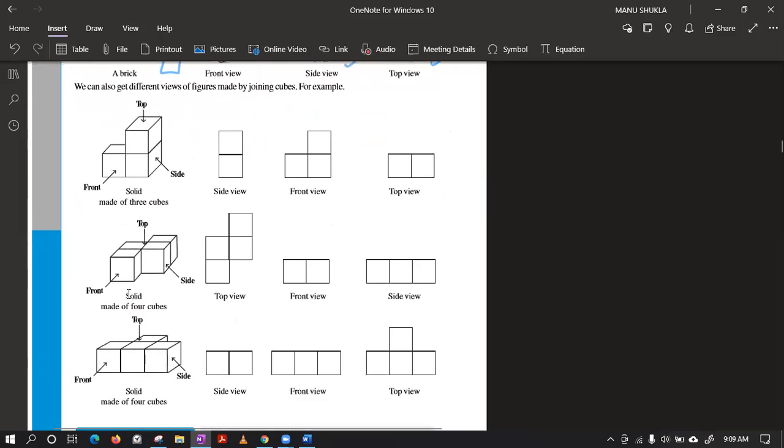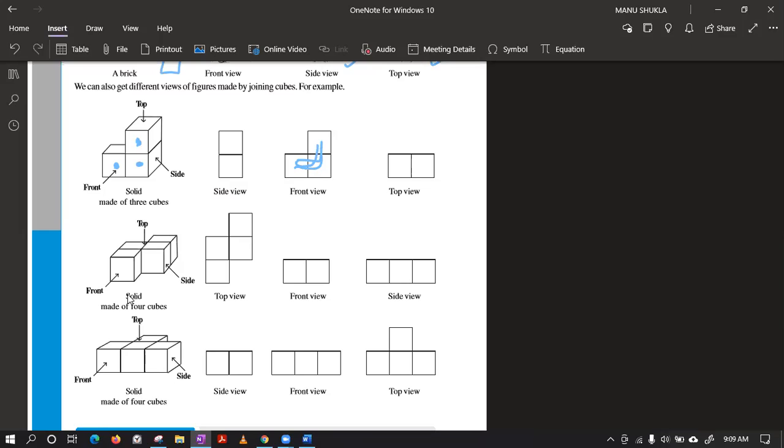Now these figures, again you can understand. In the front view, you are able to see this face, and this face. That is these three in the front view. In the top view,